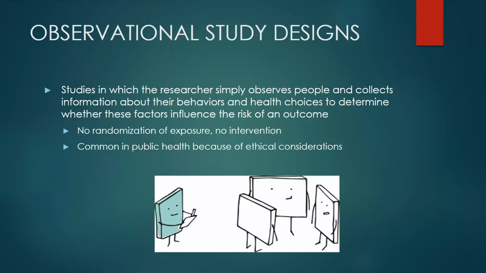You still need to make sure that your sample is representative of the underlying population. You still need to make sure that people are randomly allocated in a truly random fashion, and that there's not some sort of inherent bias into who's getting exposed and who is not. So there's still things to think about and be concerned about in experimental studies, which I mention only to say that as you're reading the literature,